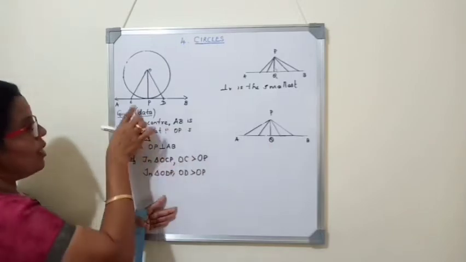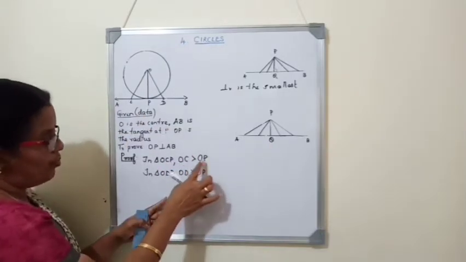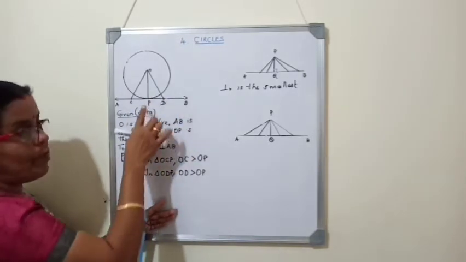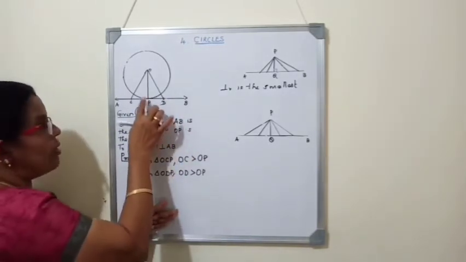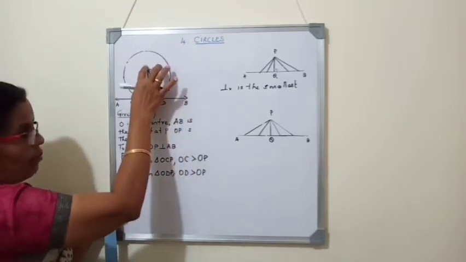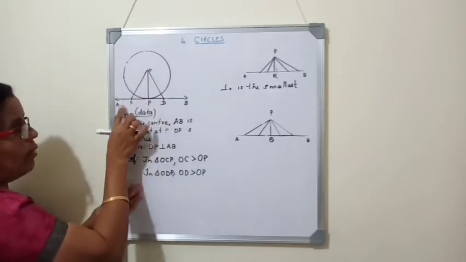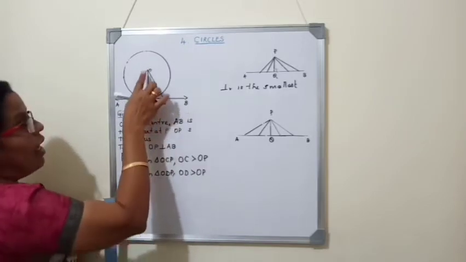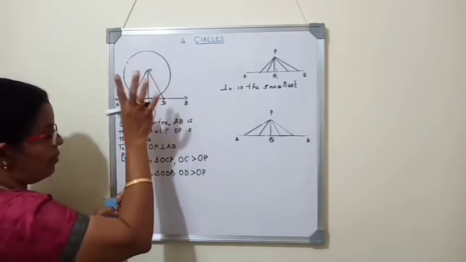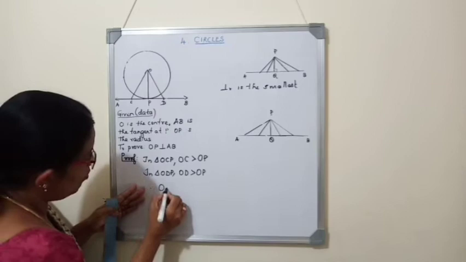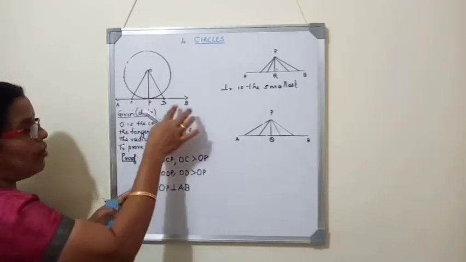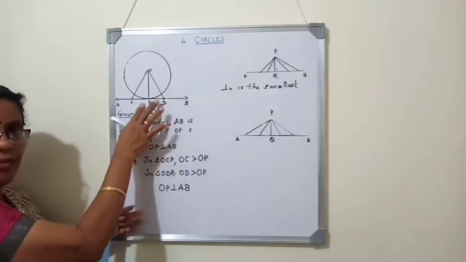Now we learned the converse of the theorem says that the least one is the perpendicular. So here we proved that OC is greater than OP, OD is greater than OP. So than OC and OD, OP is the smallest line and the smallest line will always be perpendicular to the given line from an external point. So here O is the external point, AB is the line. We had drawn 3 lines in which the shortest is the perpendicular line. Therefore, OP is perpendicular to AB. Radius is perpendicular to the tangent at the point of contact.